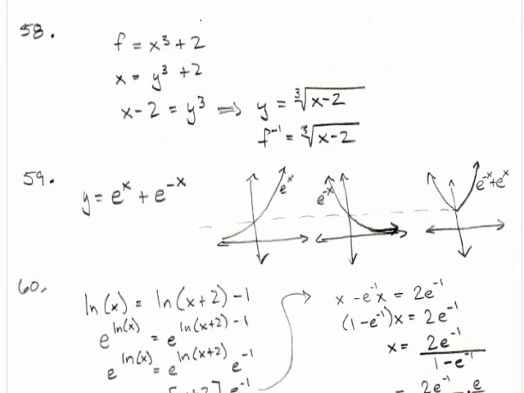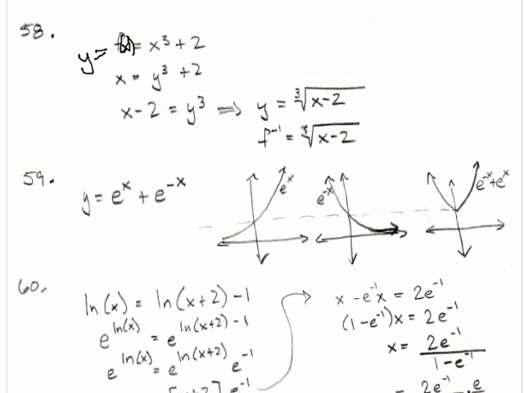Alright, in number 58, we are trying to find the inverse function of f. Another way to write f of x is that it is equal to y, right? So what we can do when finding an inverse function is switch the values of x and y. So instead of y equals x cubed plus 2, I can say x equals y cubed plus 2. And then I work my way